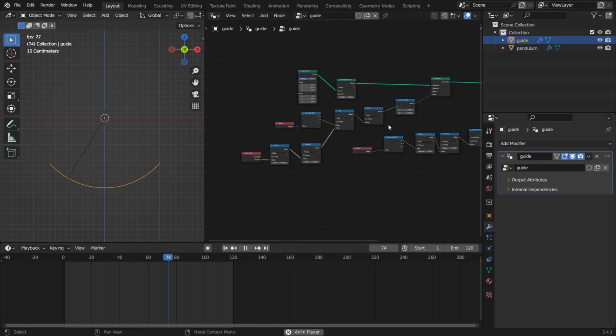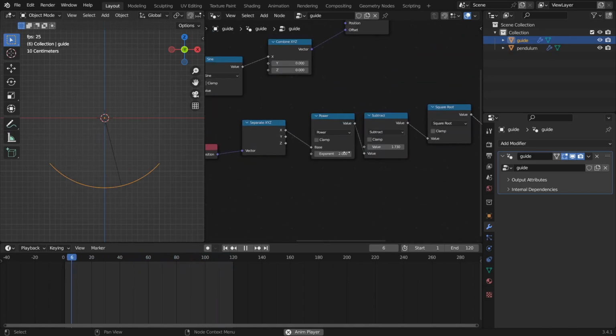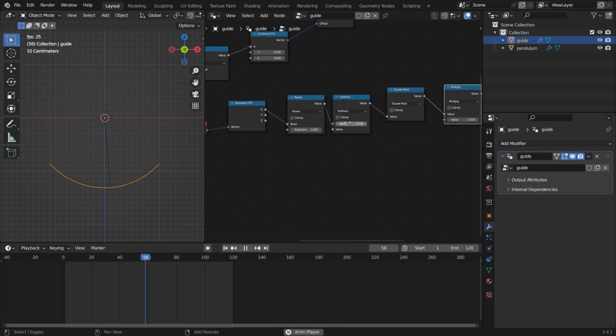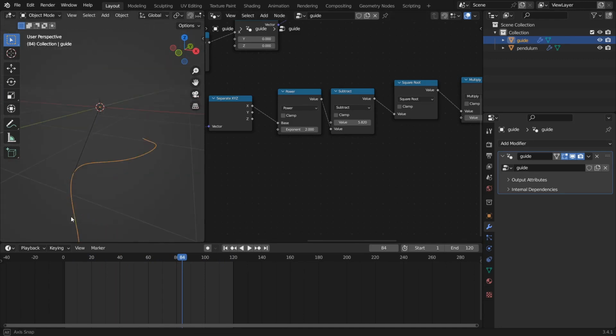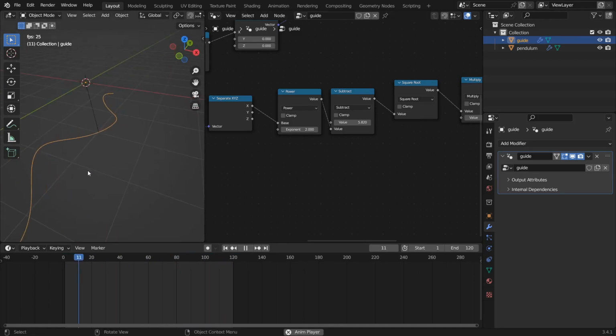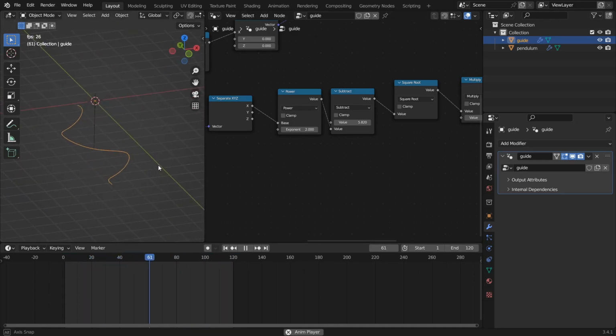And going back to our Guide Geometry Nodes network, if you play with the radius of that circle, you will get less of a curve to your guide curve and a longer but consistent in length pendulum line. So now that we have the basics of our looping pendulum animation implemented,